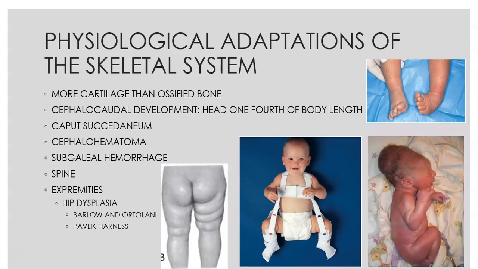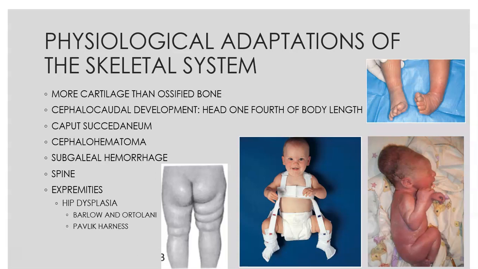It means that they are going to need treatment for that in order for it to stay in that hip socket and those tendons to tighten up. So the treatment for this is the Pavlik harness, which is that picture right in the middle. This harness keeps them in that adducted position and allows those tendons to tighten up. They wear this all day, all night, oftentimes for several weeks, usually about 4 to 8 weeks. And if that doesn't work, they may try surgical maneuvers, but most commonly it does work for them.